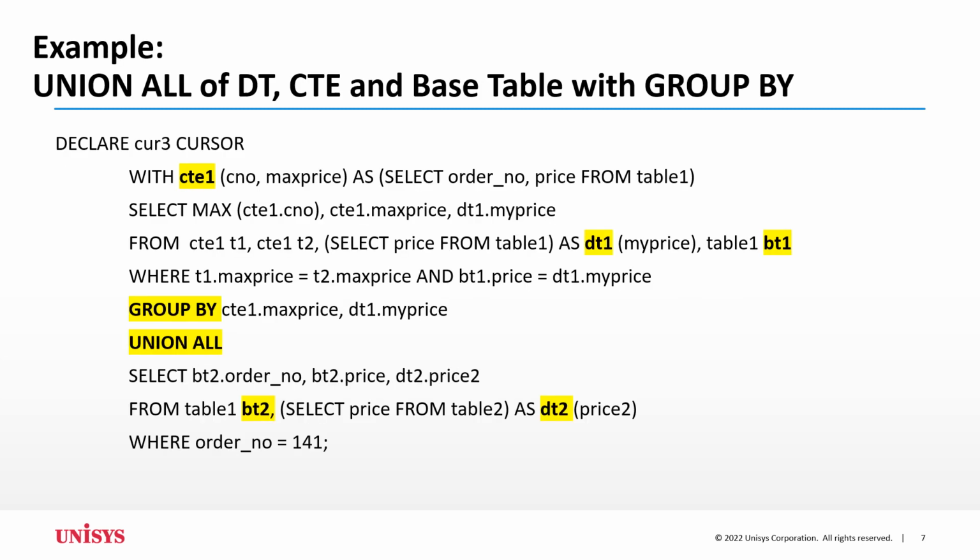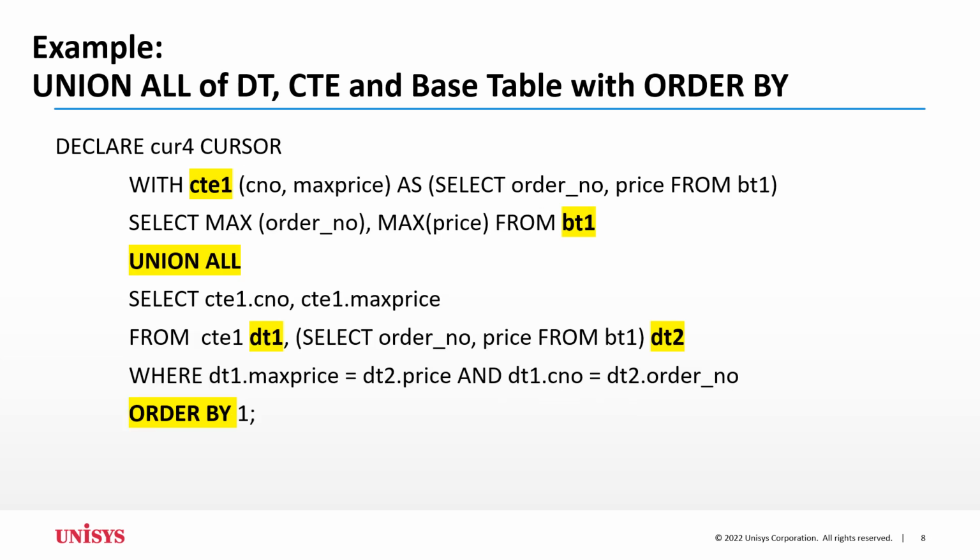This example demonstrates that you can use a derived table and a common table expression in a union all query, including a base table with a group by clause and union all. The last example is similar to the group by example on the previous slide. This slide demonstrates the union all of derived tables and common table expressions, and a base table, including the order